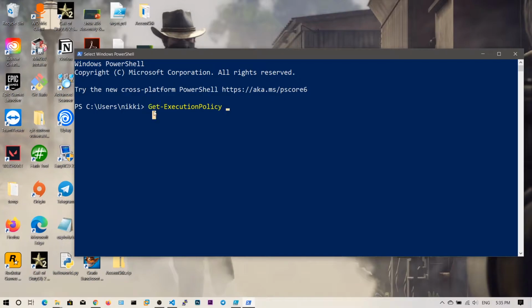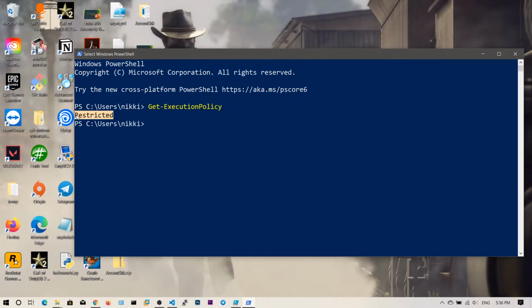A verb means words like get, add, delete, etc. The second part is the noun, which is what to perform the action on. So get something, get another command, add user, add service, etc. It will be in the form of verb, hyphen, and the noun. In this command, we are getting the execution policy that PowerShell is using by default. So if you hit enter,